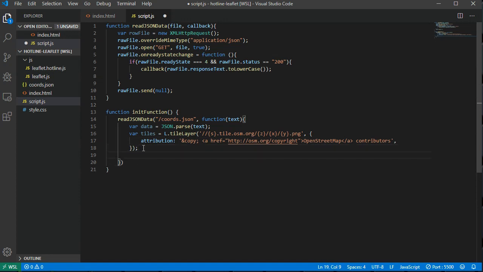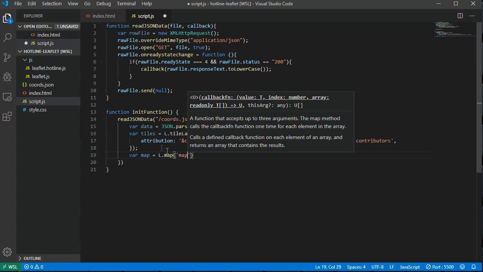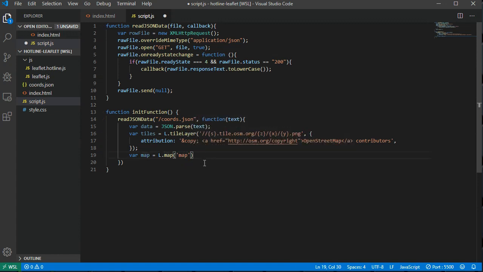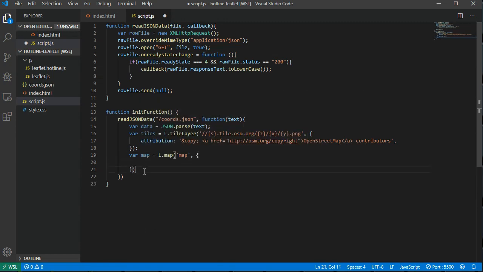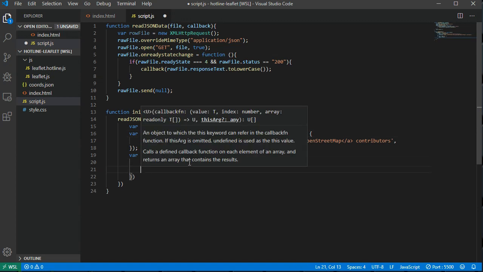Let's see, now below here we'll have another variable, which is the map. And here we'll have the layers, scrollWheelZoom, dragging if the map is dragging, tap is if it's true. So we have var map, and we assign L.map, and we have map. This is the ID where we want to output the map. So we have map, and then the second parameter we open the brackets, and here we add a few more variables. So we have layers, tiles, and these tiles from here,